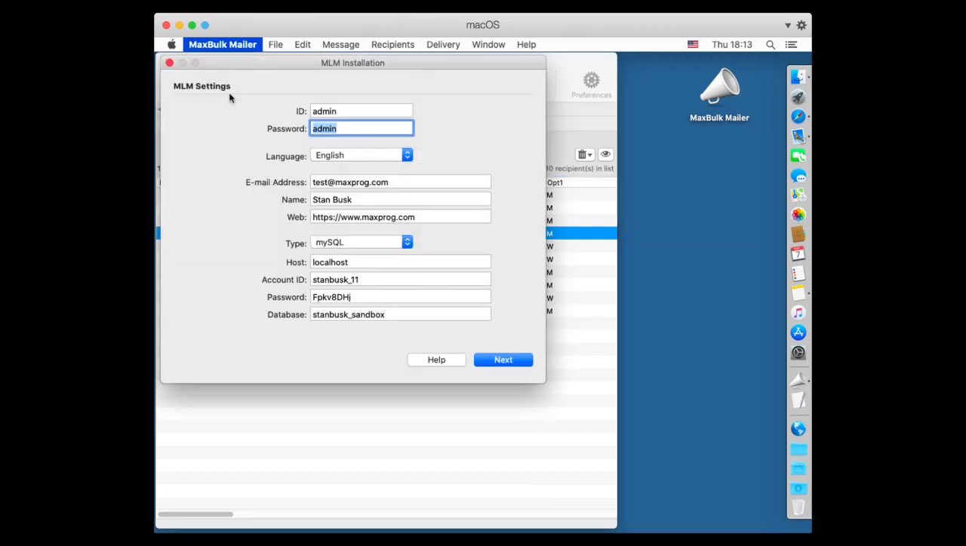Again, it is not complex but extended stuff that has to be explained in detail. I have no time here to explain how to install that. The blog entry and the manual are several pages long. So here it is to install MLM. You have to provide an ID and password, whatever you want. Select your language: English, French, Dutch, Spanish, Italian, etc. An email address where you want the notification to be sent. Your name, your website, the type of